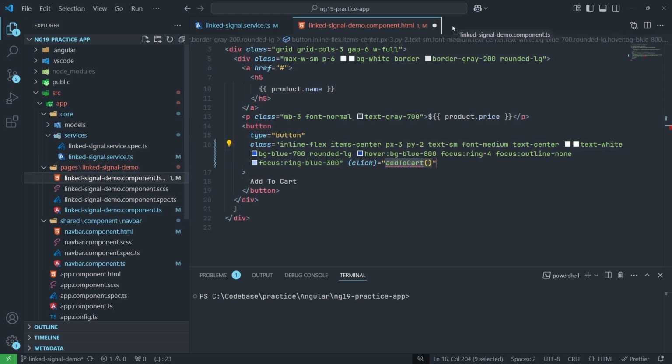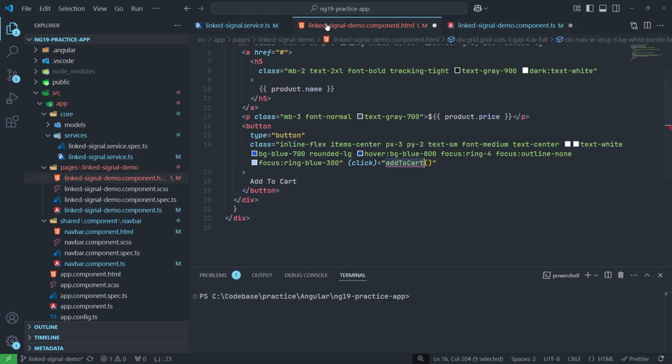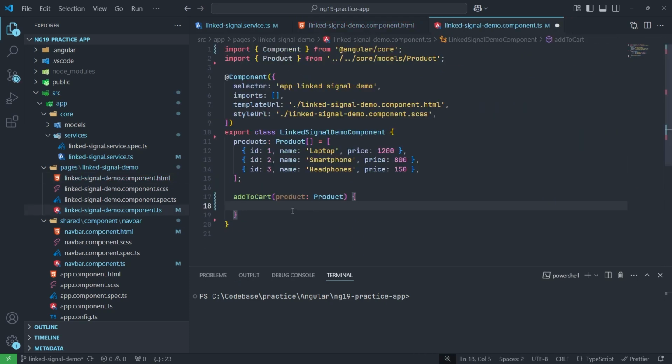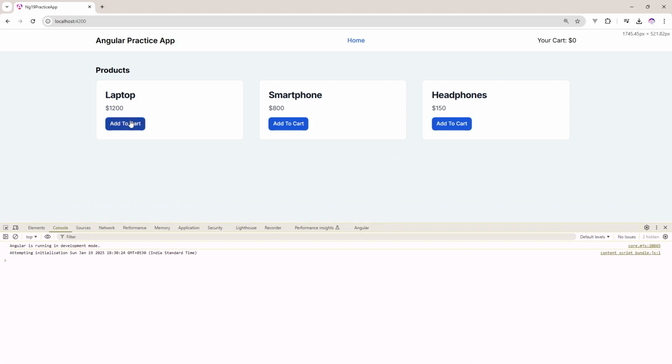This function I will create here, and we need a product. Here we will pass a product, like this. Now let's console log this one. If I open the console window here, when I click on this one, you can see the clicked one